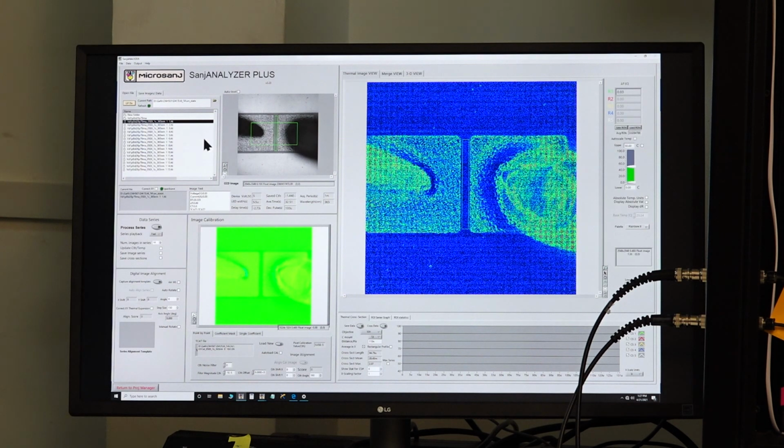Now since this is an image series that has been generated by sweeping the delay that I was discussing in the previous module, we have to now process this series, because you can see here 1_1, 1_2, 1_3, 4, 5, these are all images corresponding to each delta shift in the LED pulse. So we click on the first member of the series and we click on process series.